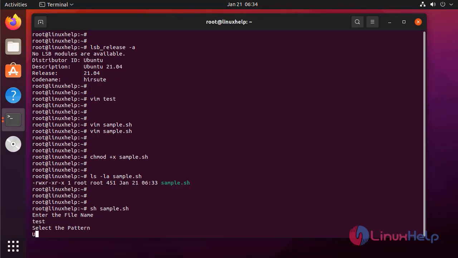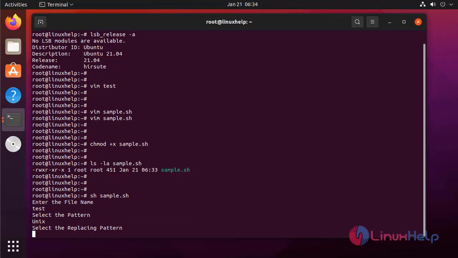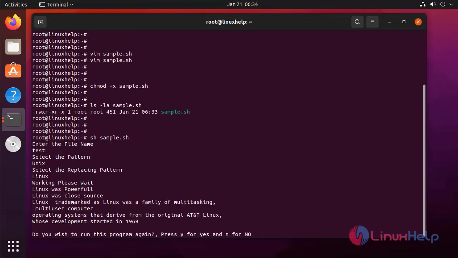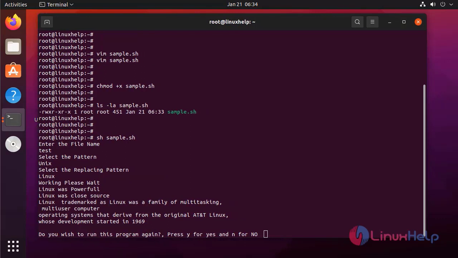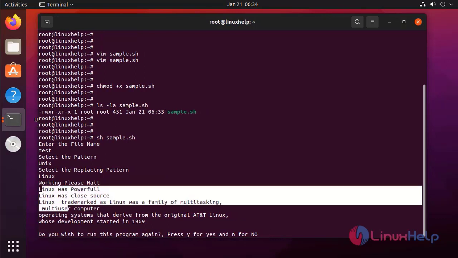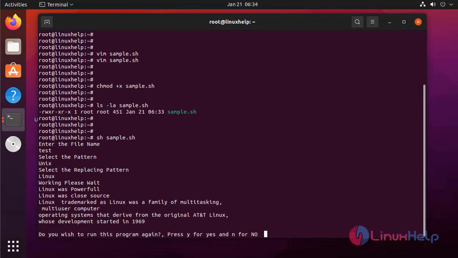I'm selecting the pattern. I'm going to give the replaceable pattern. Changes are completed. Next, if I need to run this again,